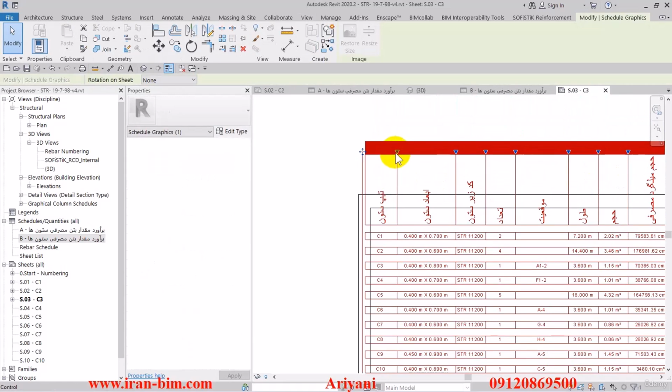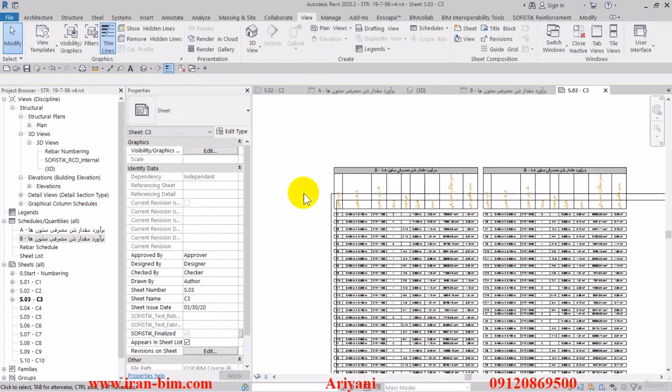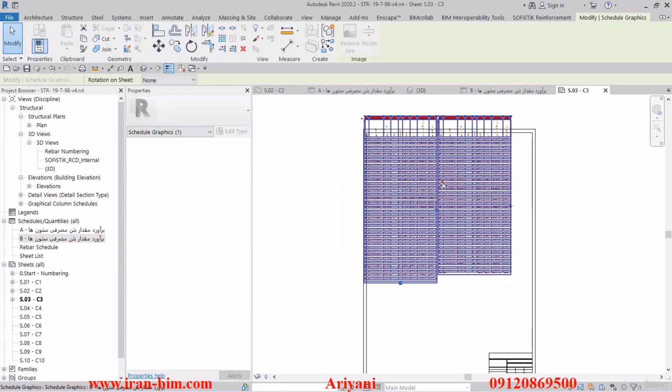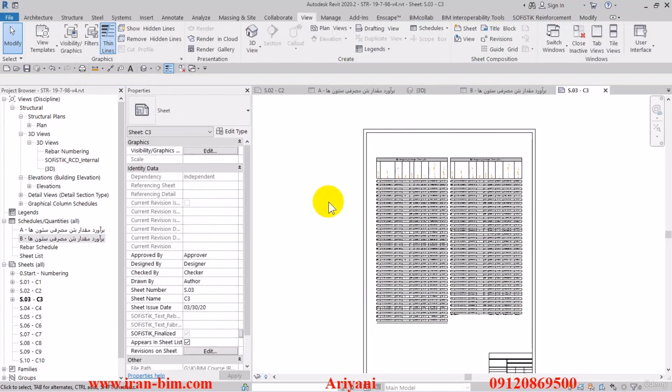So select these and then decrease their size so it can fit inside of the sheet. So this goes here and all right. So we can get the estimates of all of the parts like this. Now the beams and the other elements are